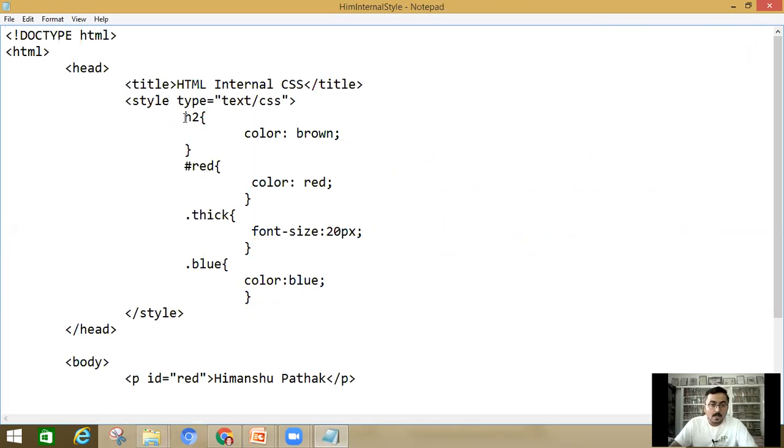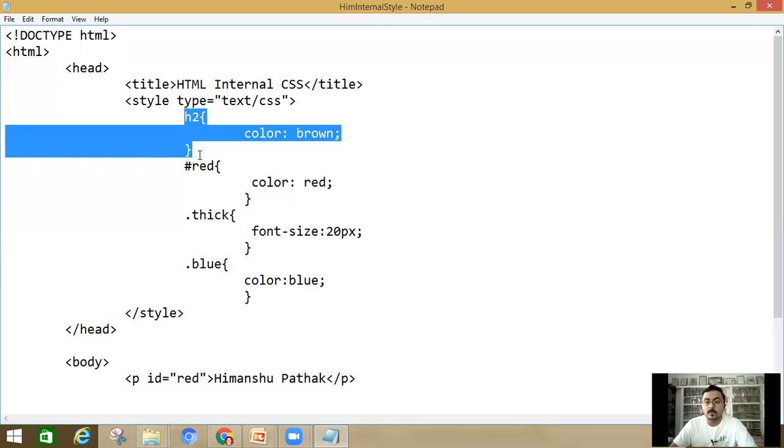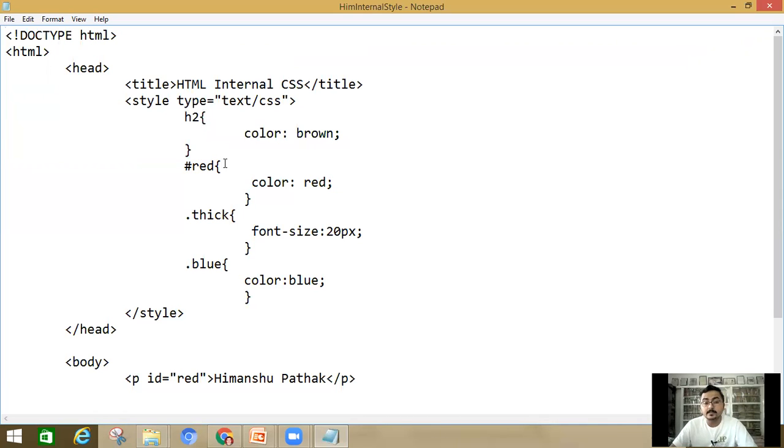Here, I have used an element selector, H2, header 2. Hash red, what is it? Red is the name of an ID, and that ID I used somewhere in the body section. And thick and blue are class selectors.